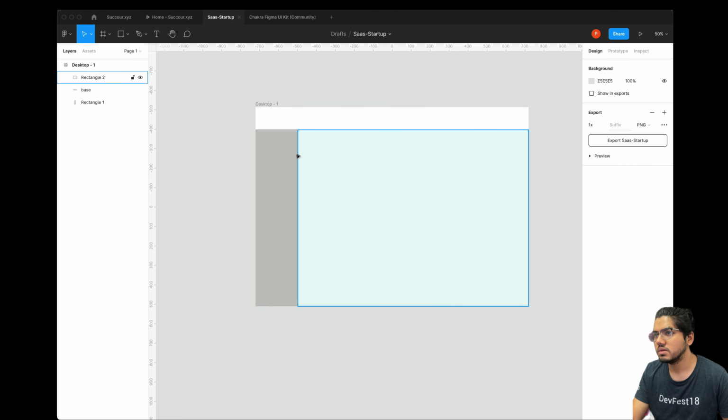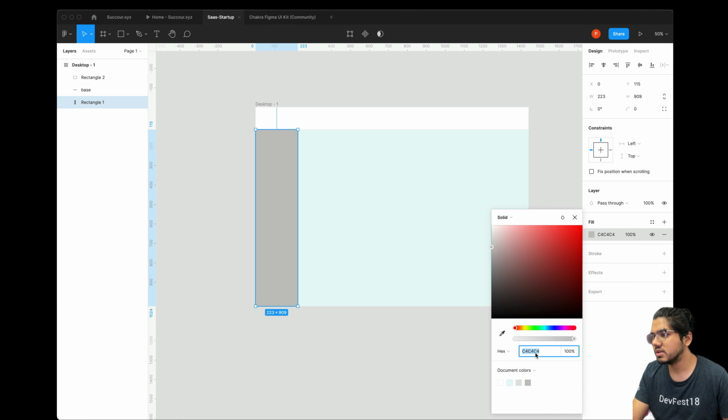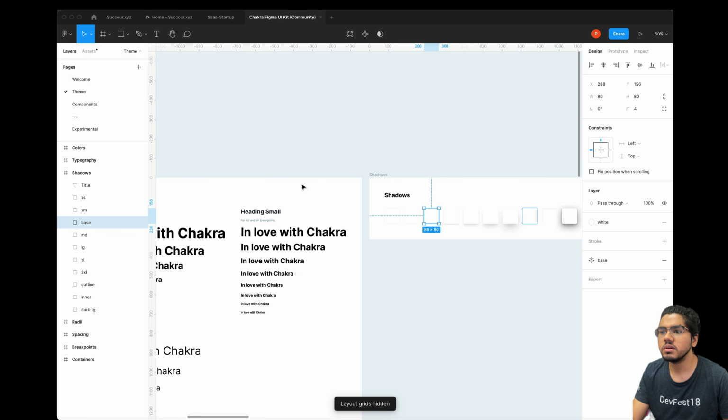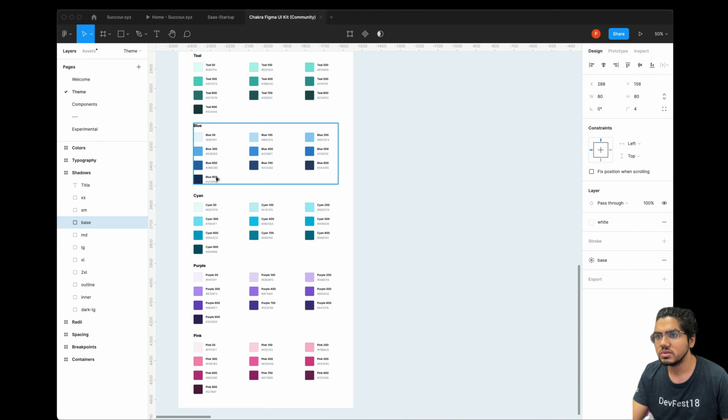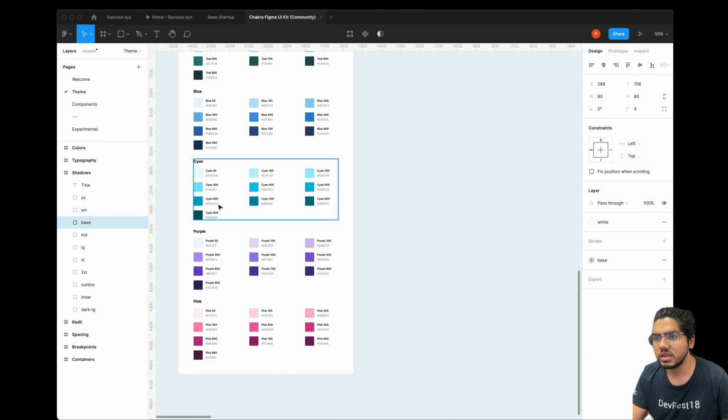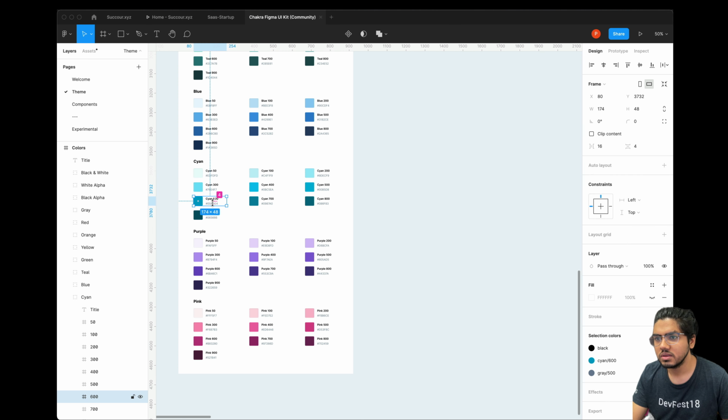Yeah, this looks perfect. And even we'll color this. Let's make it something different. Okay, so since we are using Chakra UI color theory, we'll use their colors only. So it will look something like a blend from Chakra UI.